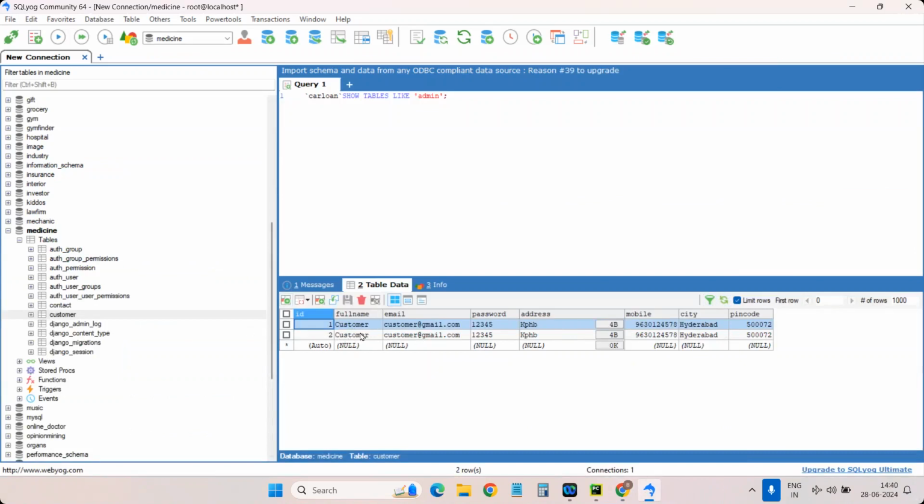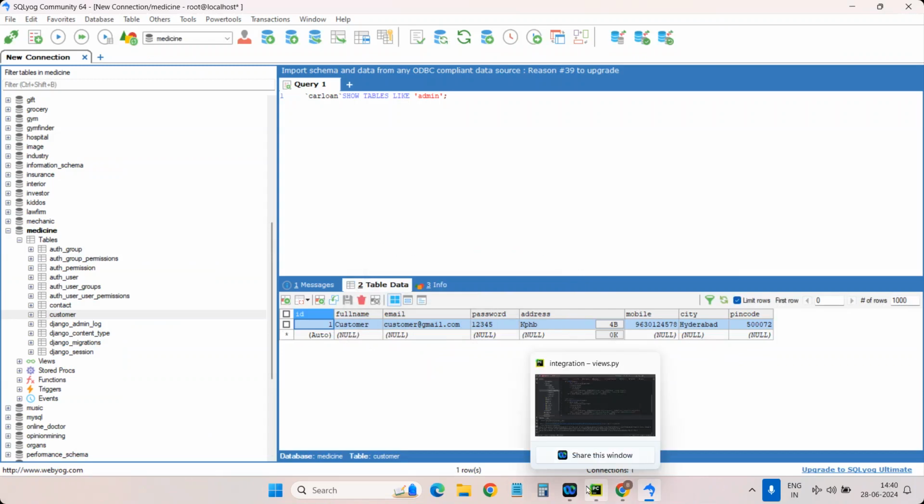He may have the same name, same address and all, but he should not have the same email and password. If we had the same email and password, one account could be opened with another account, right? So first of all I will delete this, and now I will put a validation in my